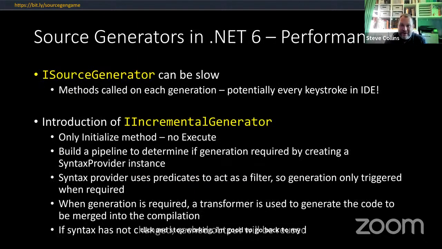One of the problems with the .NET 5 version of source generation is that it could slow down your IDE, as each key press could potentially trigger a new generation. Each time you press a key, IntelliSense would kick in, and it would then call the Roslyn compiler, which in turn called your source generator. With .NET 6, and really it's about version 4 of Roslyn, the new incremental generator interface was added that allows you to add a pipeline which filters out any code that you're not interested in. That way, you only trigger a code generation if your syntax criteria has been met either by new code or some code has changed.